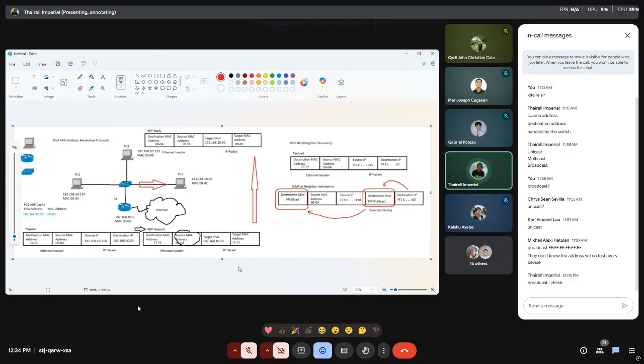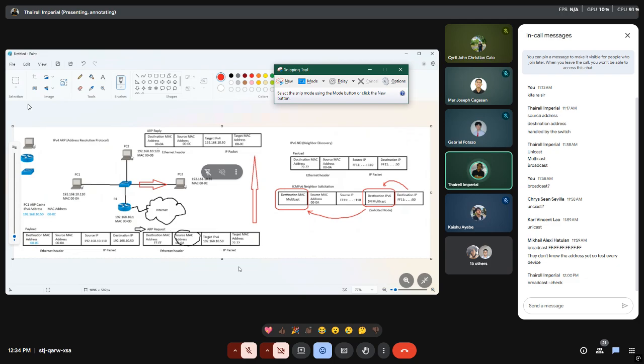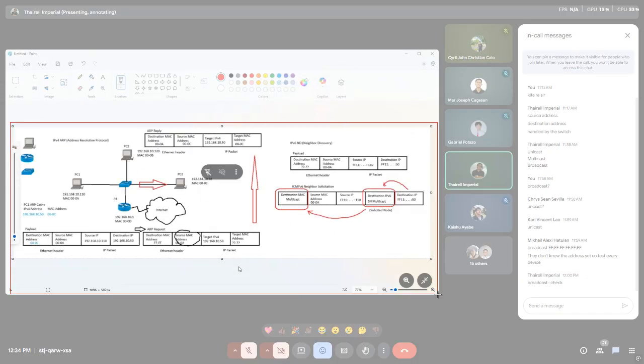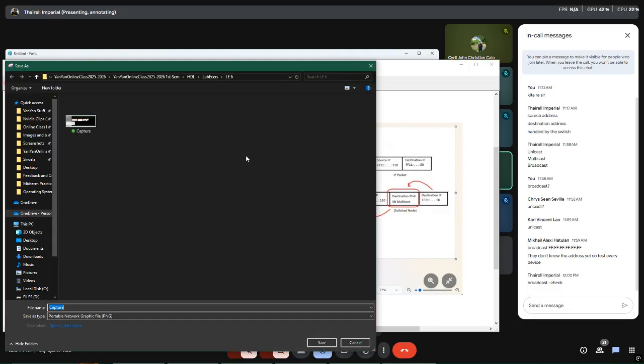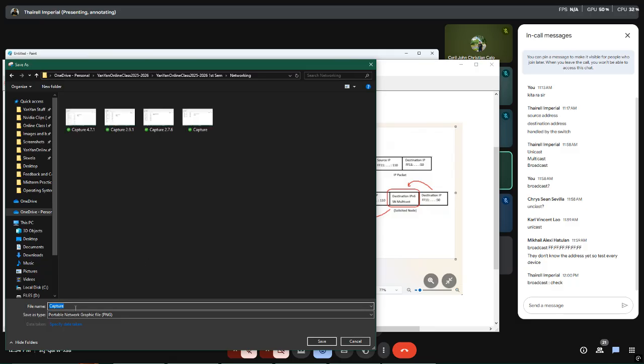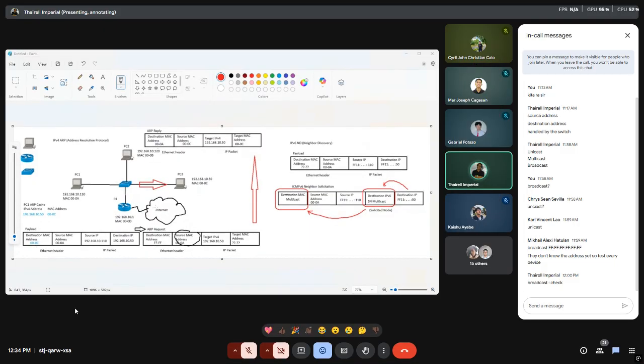So the only difference between the two is the composition of the request and reply packets in your IPv6 and how those packets work. Basically it's for the processing needs of your receiving devices once the request packet is actually being flooded. So you can take a snapshot if ever you need to, so you can use this image here as a reference.